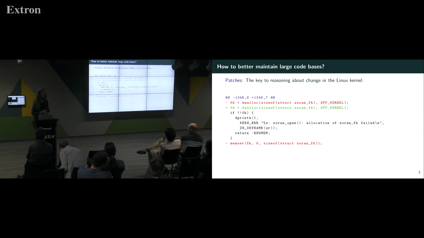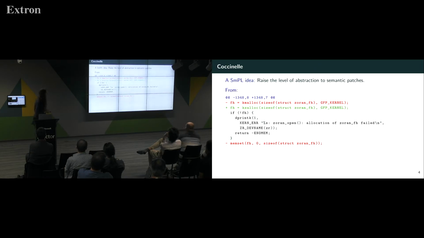We thought about that as a way that we could use to somehow automate this or make this maintenance more robust in the future. So we had a simple idea, which was to take these patches that look like this and make them somehow more abstract. Patches are a very nice thing. It's a completely automatic, though not completely deterministic, way of applying a change to some code. As long as you happen to have exactly the same code as this, we can make exactly this change, and it's transportable from one place to another.